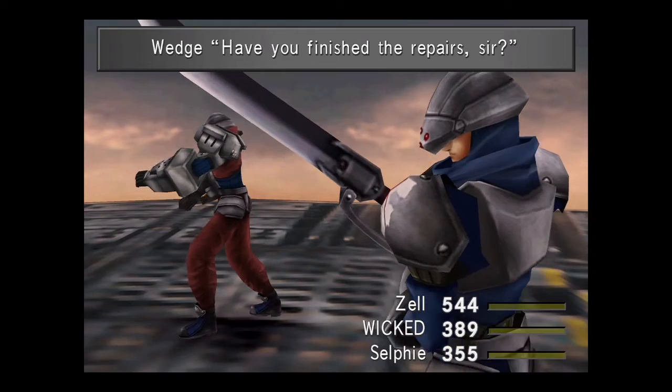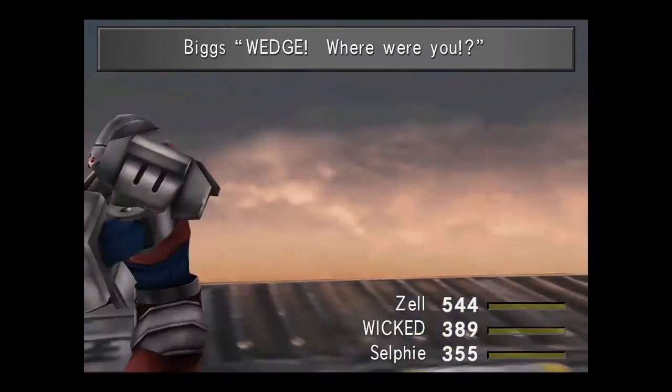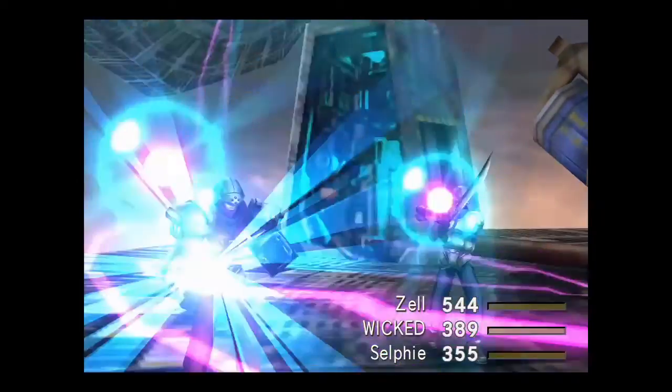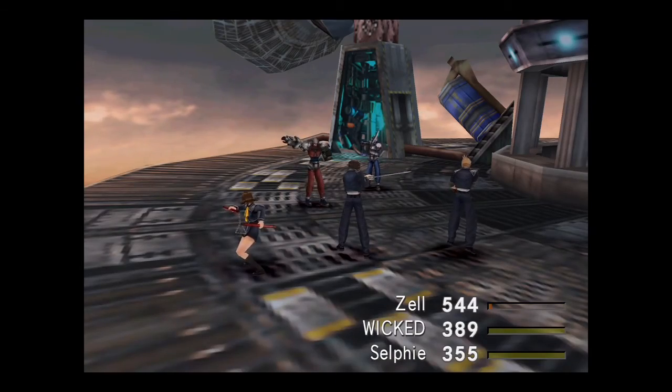And here's Wedge. So I think you can either deal enough damage to Biggs to make Wedge come out, or it's just based on the time limit. You wait so long, Wedge comes out. After you deal enough damage to him, or the time runs out, and I think the boss comes out, I want to say it's